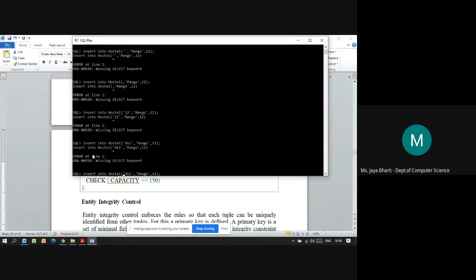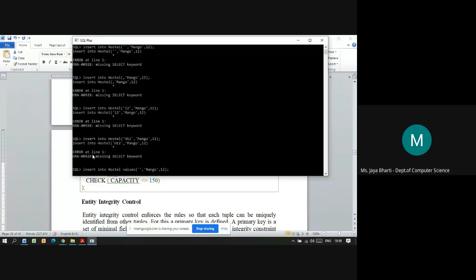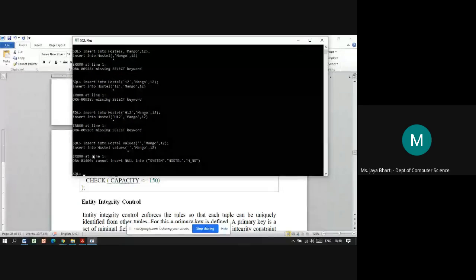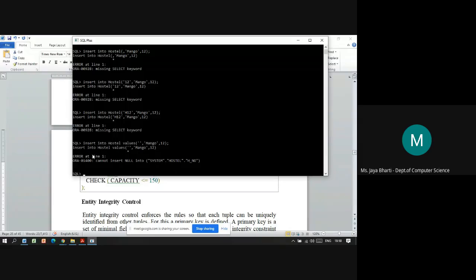The values keyword is missing. Now again we will start. You can see insert into hostel values, and just to check whether the constraints are working properly, we explicitly have not passed the first value, the hostel number.